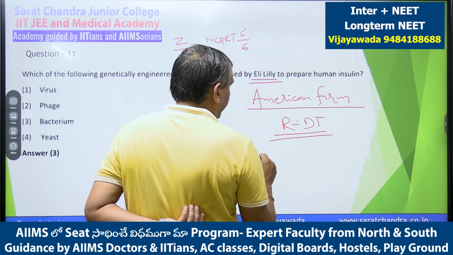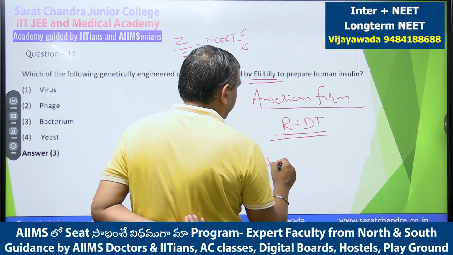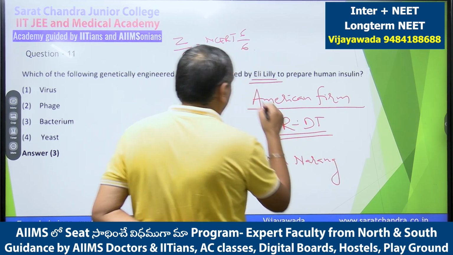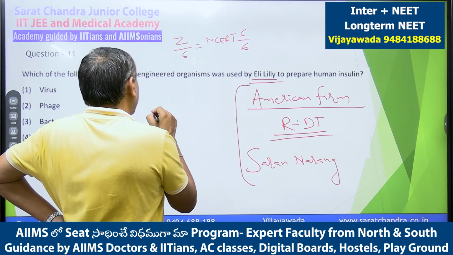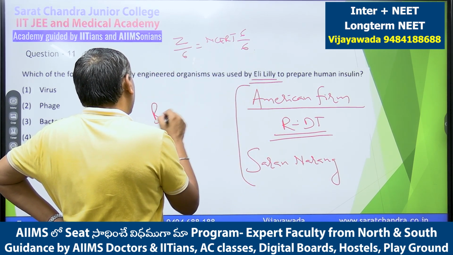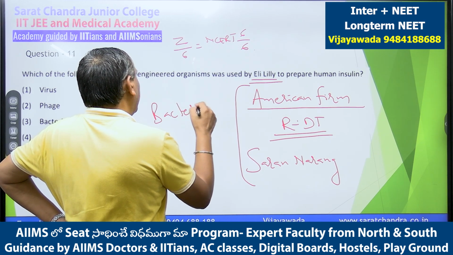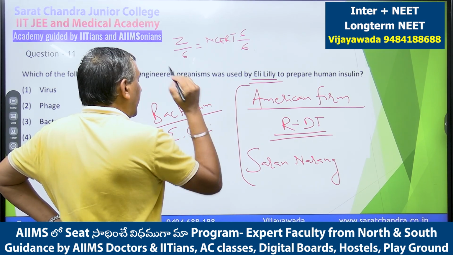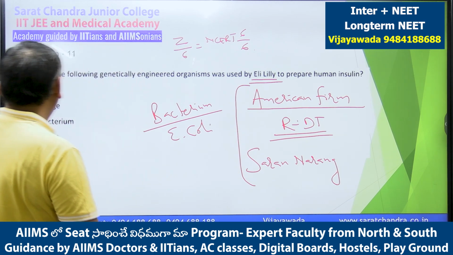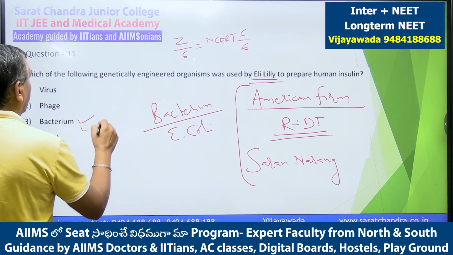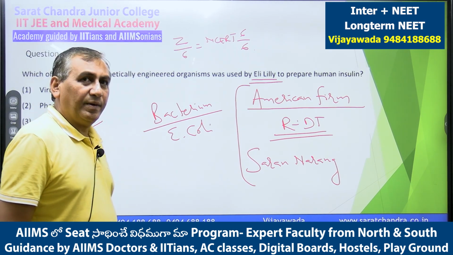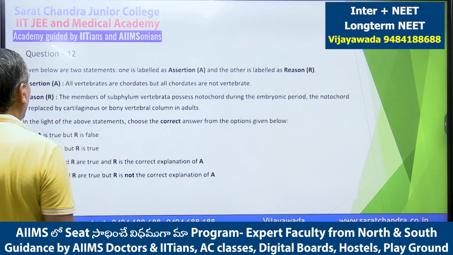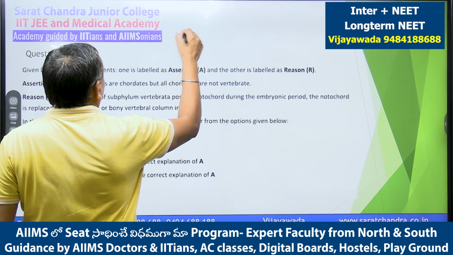There was one Indian scientist also, known as Sarat Chandra. In this they introduced the gene into a bacterium. What is the name of the bacterium? E. coli, Escherichia coli bacterium. So the genetically engineered Escherichia coli bacterium is given in NCERT. So again, NCERT 6 by 6. Now coming, yes, Zoology 7,